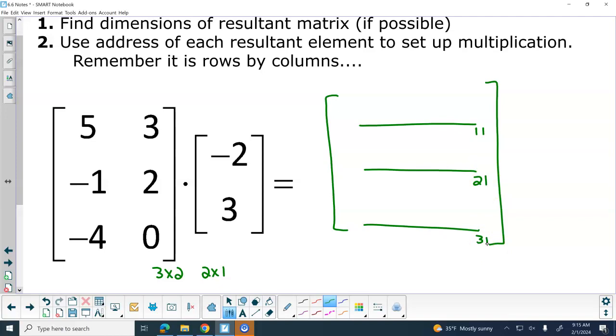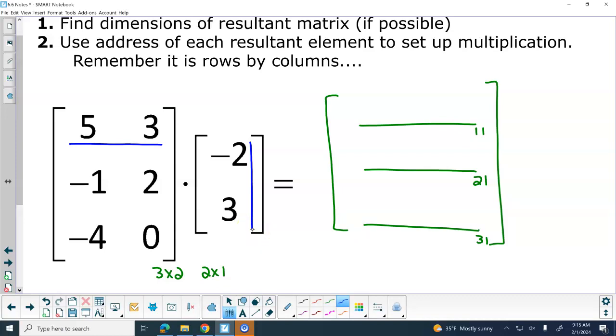With me on that? So for row 1, column 1 in my resultant matrix, I'm going to take the first row of my left matrix